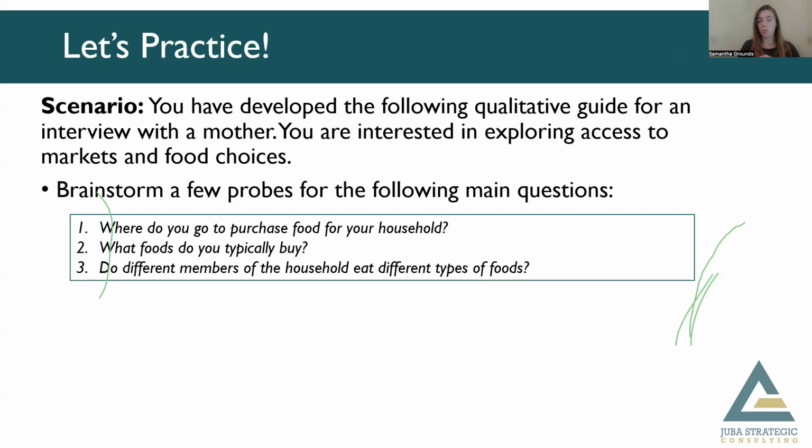Those are our three key research questions. But now we want to come up with some probes to have a more meaningful discussion, to gain clarity on some of the answers, and to further explore and understand participant responses. I'll give you a few moments. You can either pick one of these questions, one, two, or three, or if you want, you can try to come up with probes for all three of them. Again, there is no right or wrong answer. It's just helpful to brainstorm what types of follow-up questions and probes could be helpful for understanding these questions. So I'll pause for a moment there. Feel free to put it in the chat. Also feel free to come off mute and speak as well.